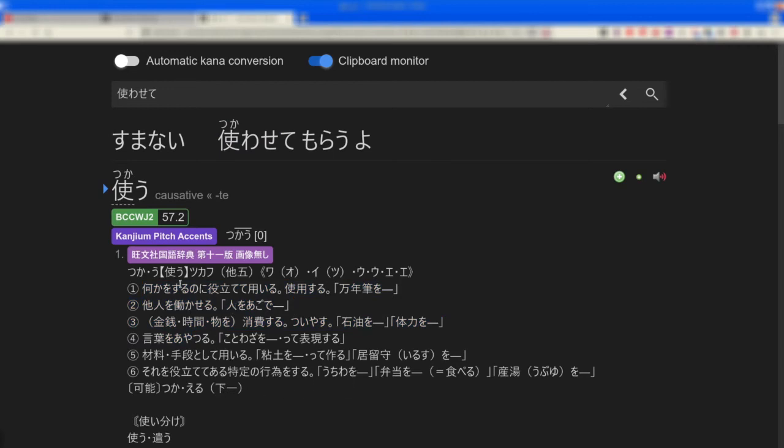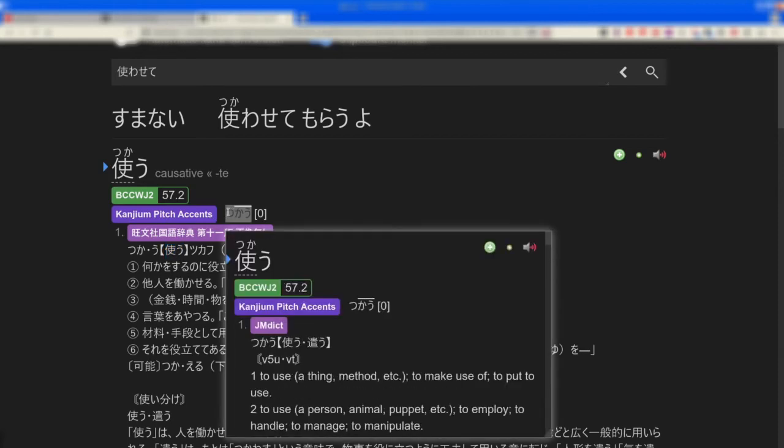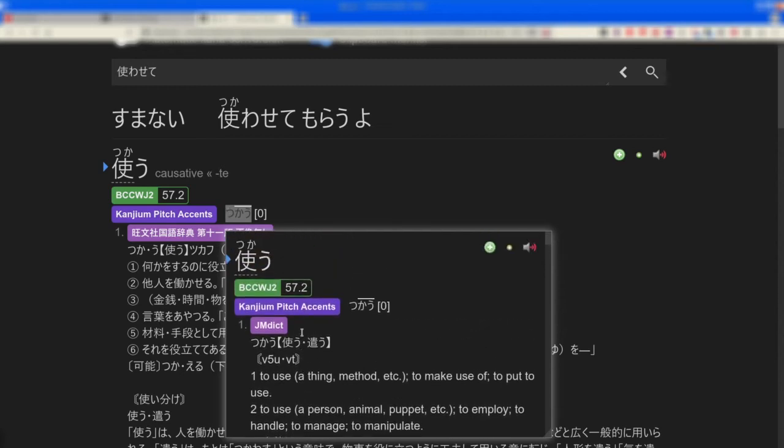Well, if you can't, then actually in most of these dictionaries I've noticed that they include the word in the definition. Now, you can't scan it up here, but if you go to the Kanjium pitch accents, which you might do a lot, and you use whatever your key is for that, you can actually look up the definition right there. And then even better than that, you can still make a card for it from inside of this pop-up with the same format that you normally use.